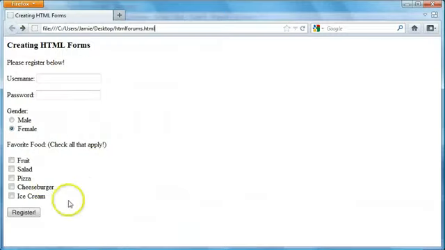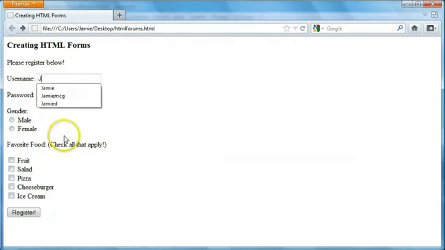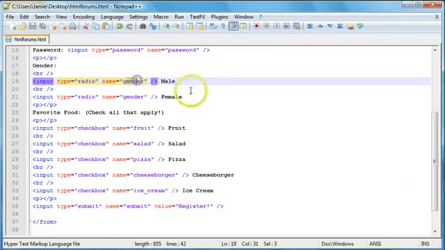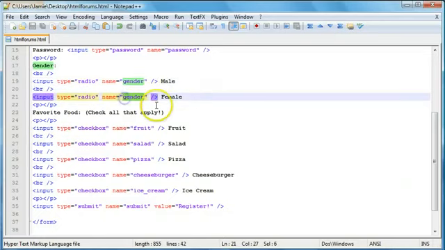So we'll come over here and refresh, and here's our completed form. We'll just erase that here. You'll notice that our text box allows us to enter in our name. Our password box lets us enter in our password without it being shown, in case there's someone behind us or looking at our computer or whatnot. The gender box allows you to choose either one or the other because we have the same name associated with it. If we called this one, let's say, M or F for male or female,